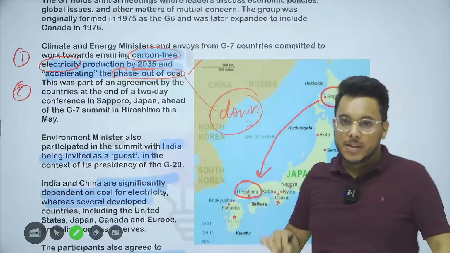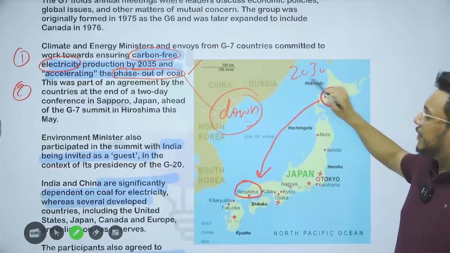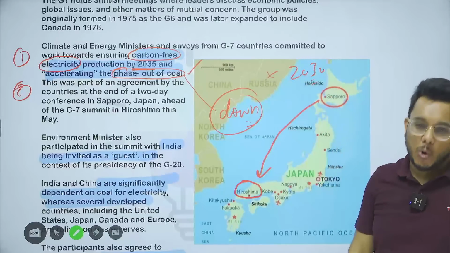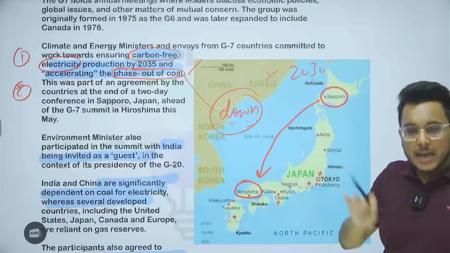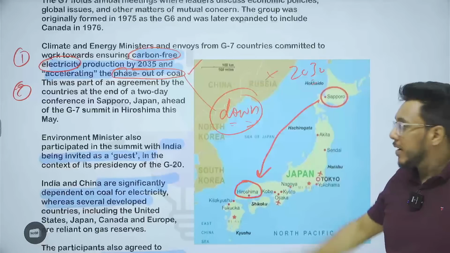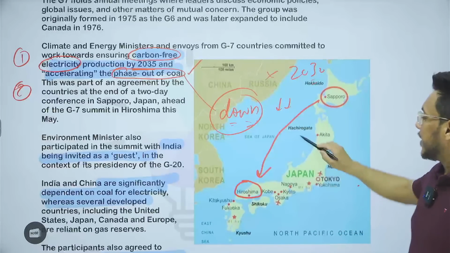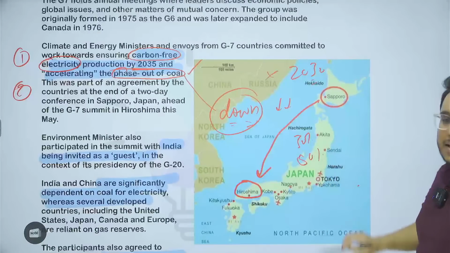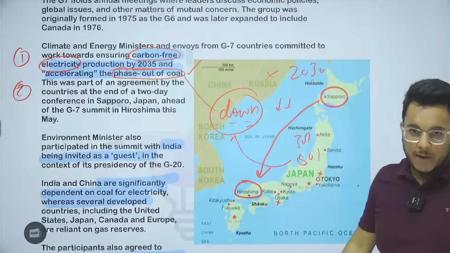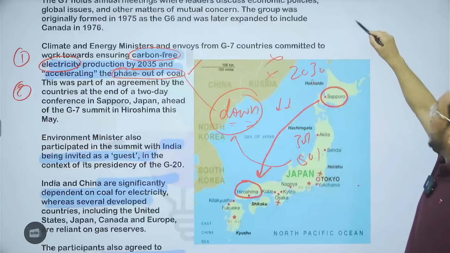Phase out means that by a particular year, let's say by 2030, we will completely be abandoning the coal. But phase down means that we will not completely wipe out the coal, but we will try to reduce the quantum of coal that is being used. For example, 30% reduction will be done, 50% reduction will be done. This is phase down. Phase out means completely removing the coal. Now understand this thing, that in